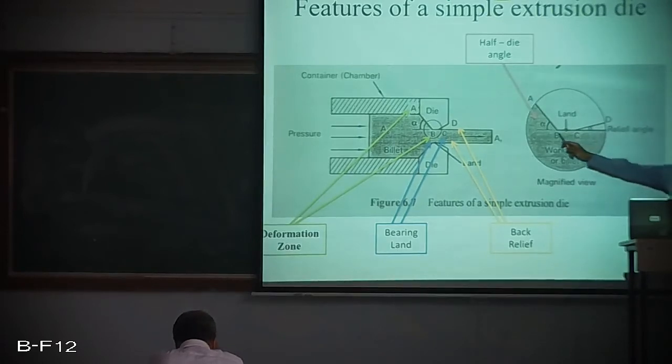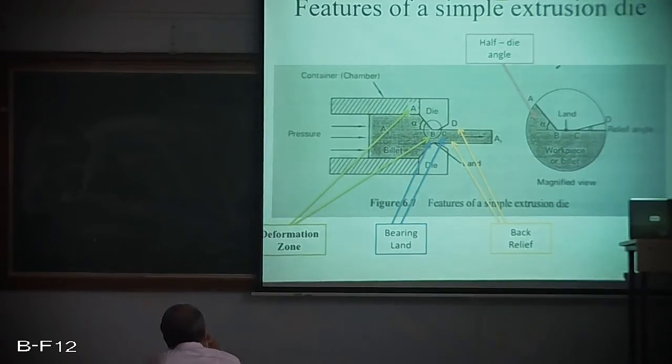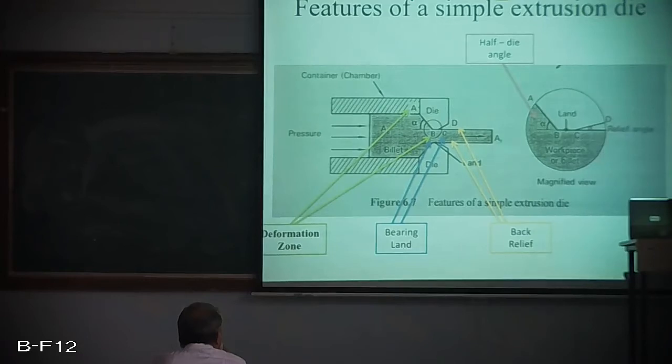Next, we'll move on to the bearing line, that is between B and C. So this is a region in the die having the smallest cross-sectional area, or this is the actual point wherein the deformation takes place. The bearing region does not cause any reduction in cross-section, but it produces a frictional drag. It is going to create a drag on the work metal. So this is about bearing line.